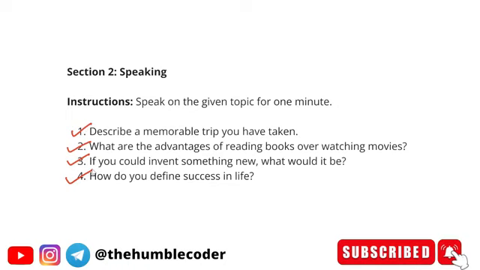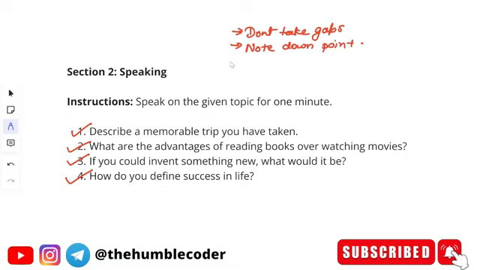I have already given you the tips on what you should follow. Don't stammer in between. Try noting down points. So I'll just write down the tips so that you understand in a better way. Don't take gaps, and note down points somewhere. Strictly note down points only and not the entire speech. That is not recommended. And don't over repeat the sentence. If you have spoken a sentence once, don't speak the same sentence again and again. If you take care of these basic things, you can easily clear this section. Let's move on to the next section now.